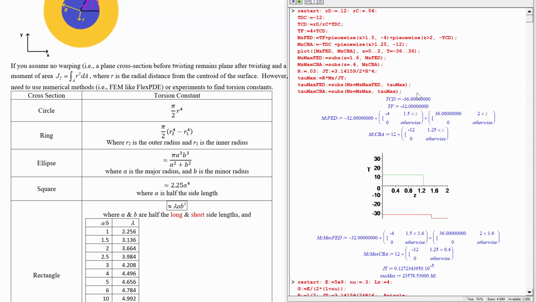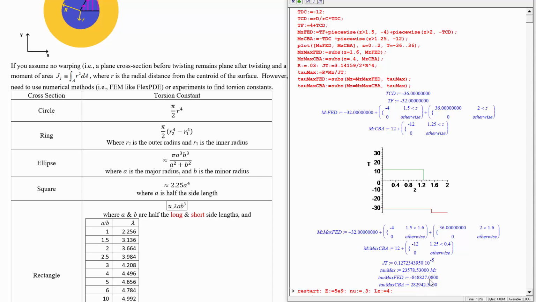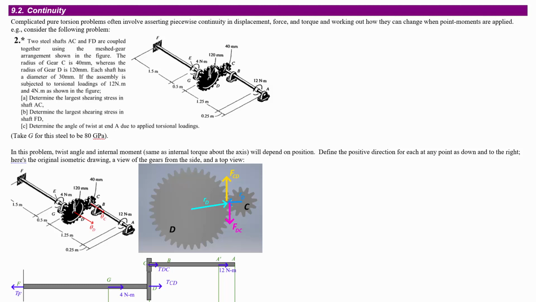And where do you expect the shear stress to be larger? Well, certainly in larger magnitude in FED, because FED has a larger maximum internal moment, and they are the same shaft. So they have the same outer radius, same torsion constant. So when we work this out, we'll find that there is much more shear stress in FED. So if the beam is going to break somewhere, it's going to break where the shear stress is a lot larger,